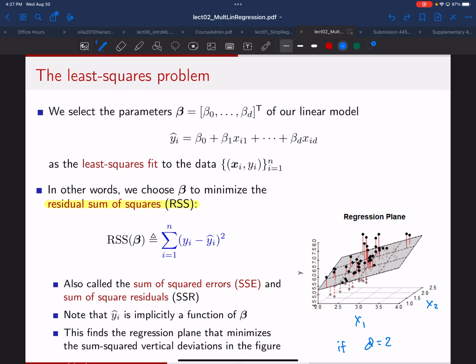It's a little hard to see in 3 dimensions, but if you tilt it along this dimension, that would be beta 1. And if you tilt it along this other dimension, that would be beta 2. And beta 0 is up and down. So you can see now that by adjusting these 3 beta coefficients, you can move that plane